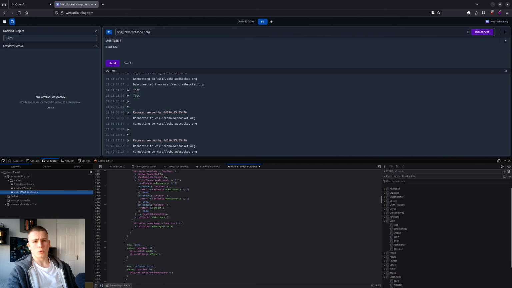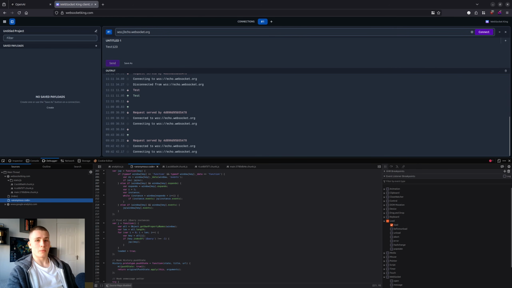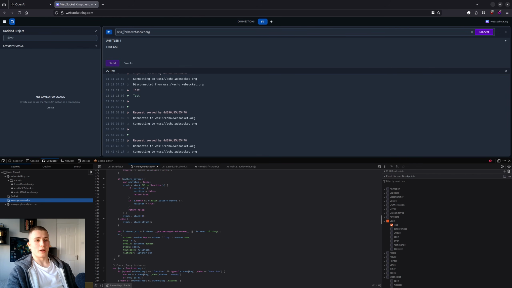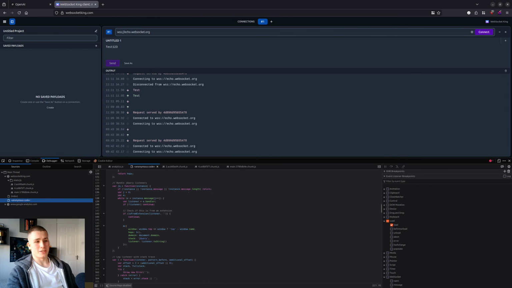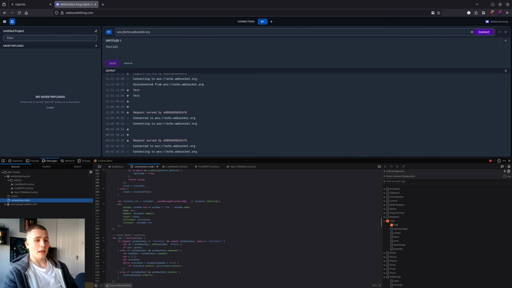You can also see the load one, which maybe I should actually start using more. So like refresh this page, and you can see that this function right here is being called. This is just jQuery, which is boring. Let's move to maybe a different one. Okay, that was the only one that actually called, which is unfortunate. So you can see jQuery gets called when the function gets loaded, which is not surprising because it's a library. And yeah, this is how you can use these event listener breakpoints as well,